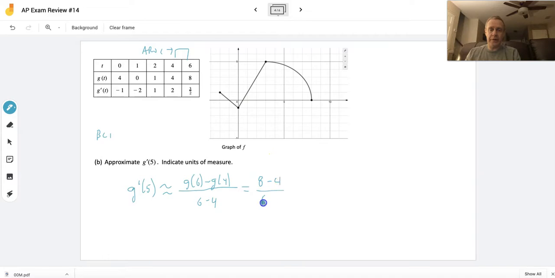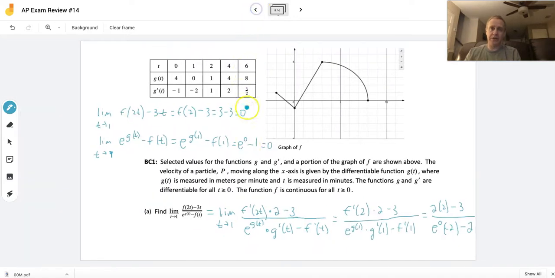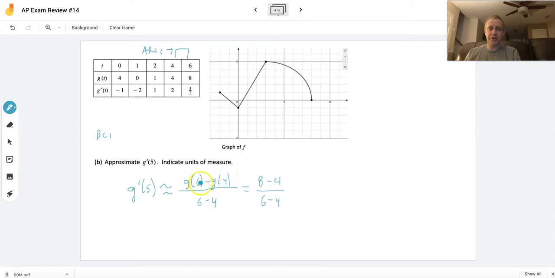And then we'd have just over 6 minus 4. And this would be our approximation. And then we would have to indicate units of measure for this particular approximation. Well, we were told in the original problem that g of t is measured in meters per minute, and t is in minutes. So because of that, this change in the value of our expression of g would be in meters per minute,